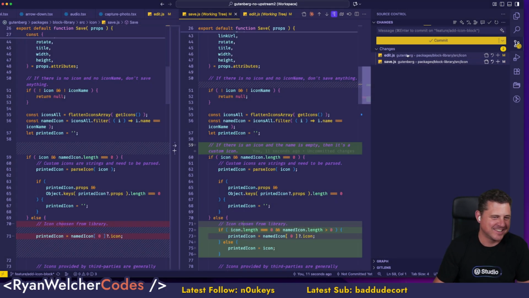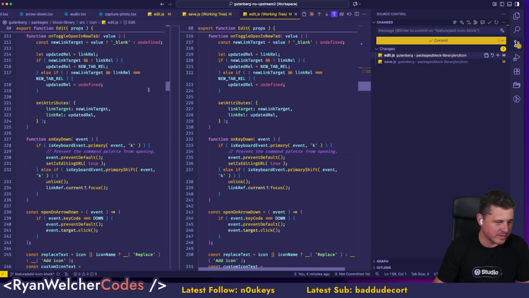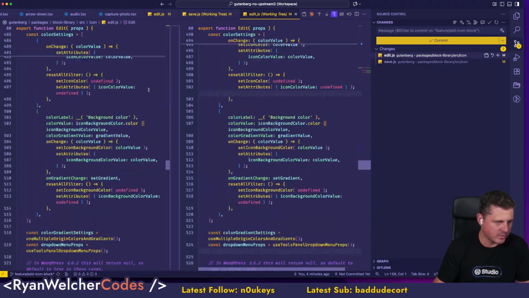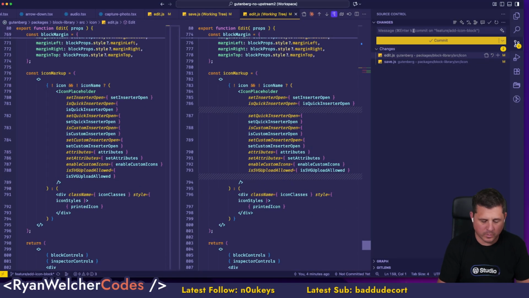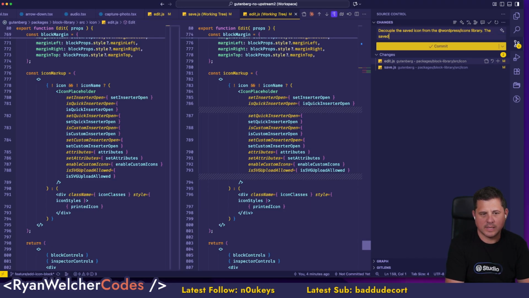Oh, thanks for redeeming that. All right, that's the first part. That's a big win for us, I think. That's a huge win. And then we can start talking about maybe paring down. There's a lot going on here. Okay, so we're going to decouple the saved icon from the WordPress icons library. The saved icon is displayed in the edit and on the front end